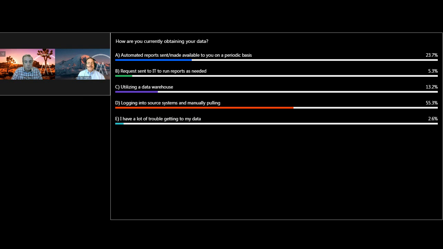So this is really aligned with what we often see, that you're logging into a lot of different systems and pulling data through. I don't know if that's your experience too, Casey, but it's very interesting. Yeah, and you're spot on. I think it makes a lot of sense where it's, hey, I need to log into our ERP system, I need to pull down our trial balance and then put that into a pivot table and combine it with others. We'll talk about that, but thanks for responding.